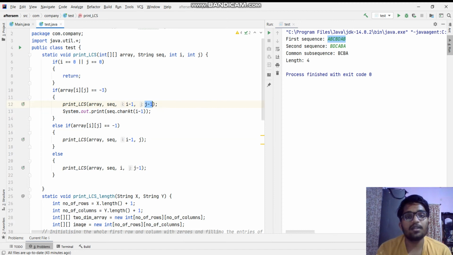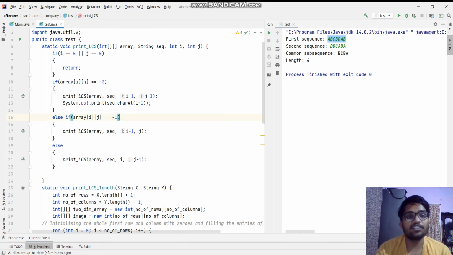That means we're shifting a row above and a column towards the left. That's how we get into the diagonal entry, and that's why the inputs have been changed in this way. After this recursion is over, we print the character at i-1, which is the character in the first string.